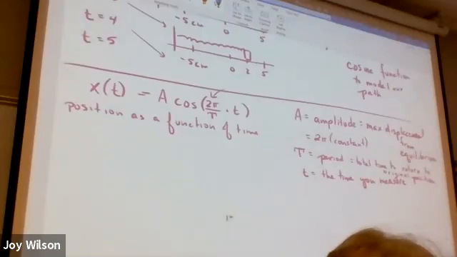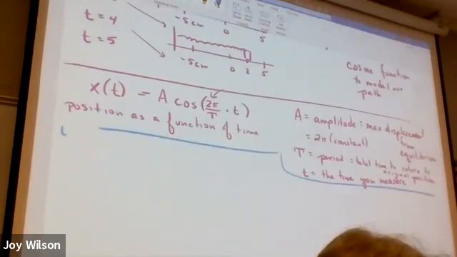Well, if you have a graphing calculator, basically what you'll do is take your function and fill in all the pieces you know, okay? So in this case, let's say that we have a spring whose period is 0.2 seconds